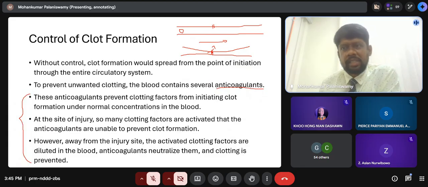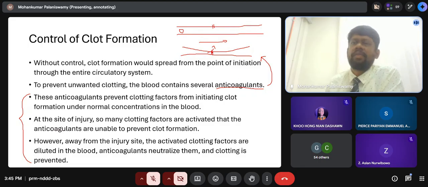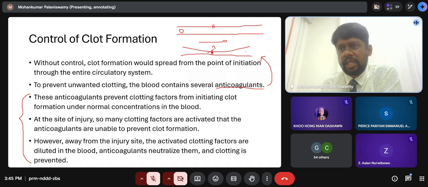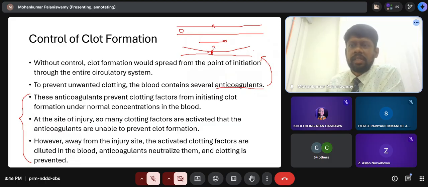Okay, next what happens is there is a clot formation, so the blood leakage is stopped. Next, the anticoagulants try to play a major role. At the site of injury, there will be more coagulants, so the anticoagulants will not be able to neutralize them. But later, after or away from the place of injury, we have more anticoagulants which will be able to control the